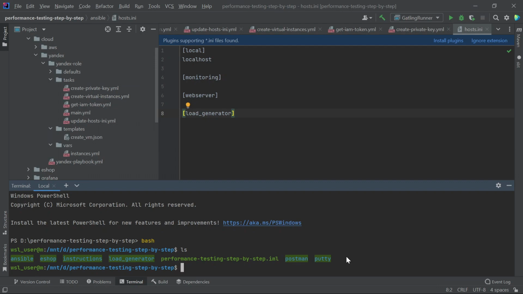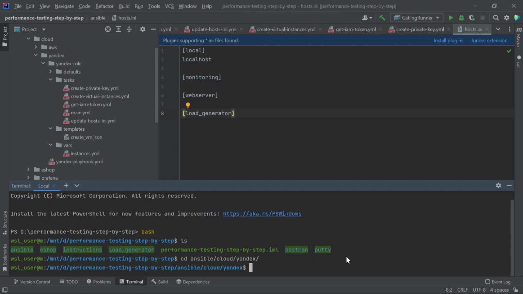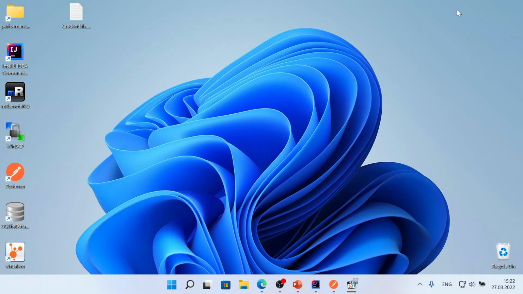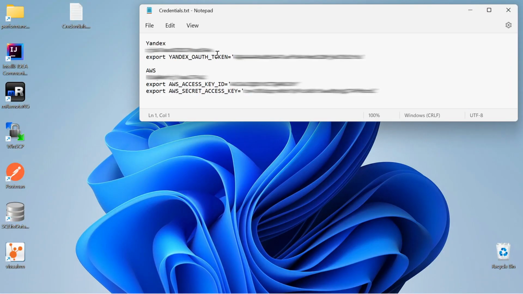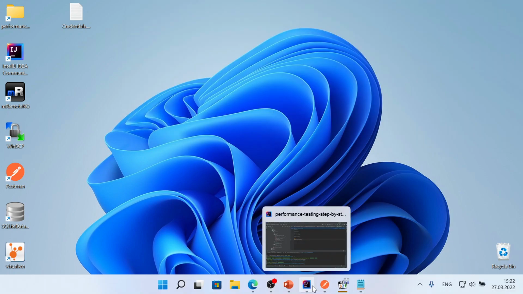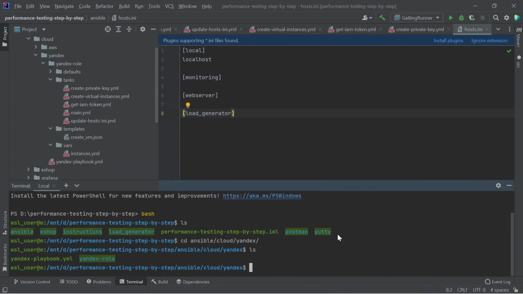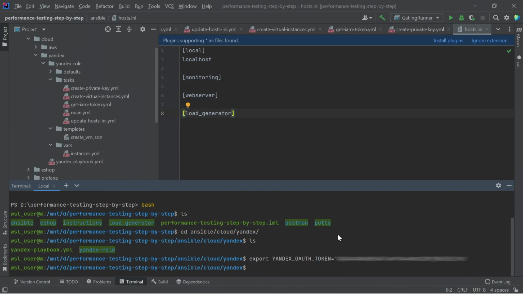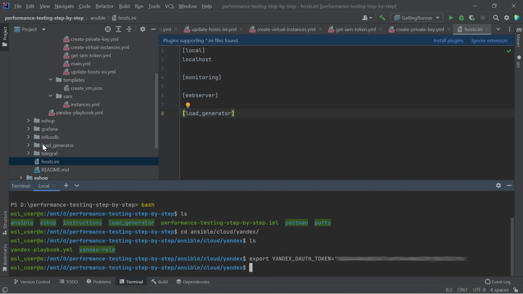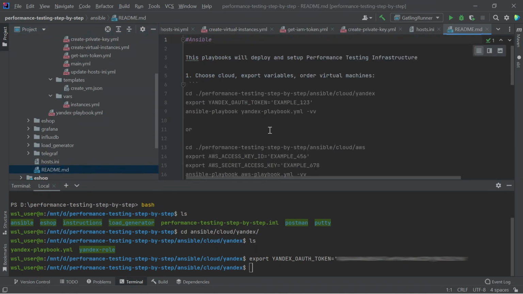I am switching to the ansible, cloud, yandex directory. Exporting a variable with an OAuth token. Here it is. It remains only to launch the playbook. There is a file in the Ansible folder, readme.md, from which you can copy the command to execute.